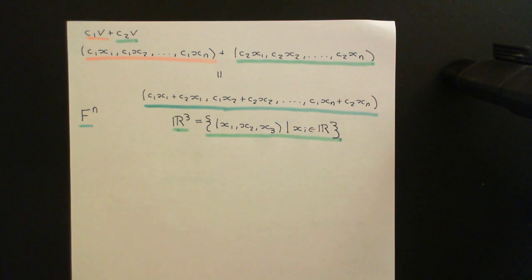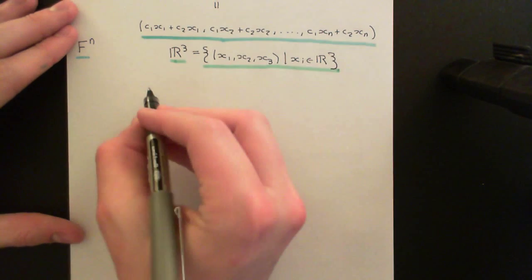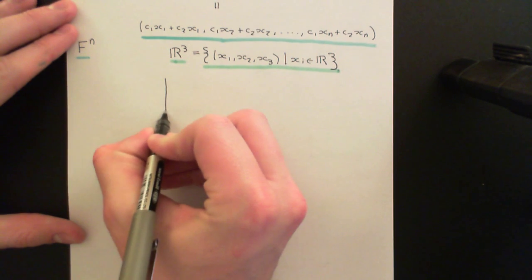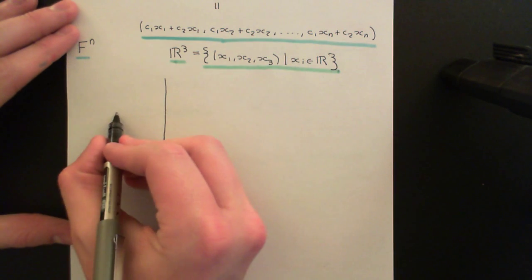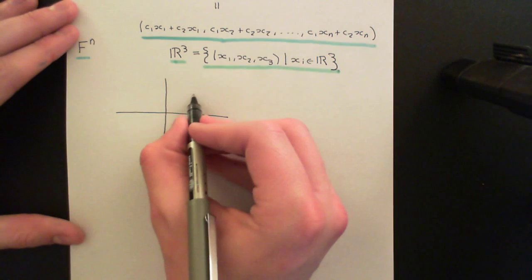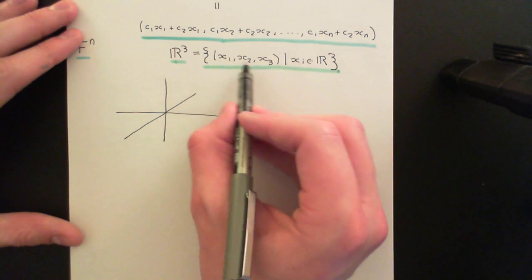Okay, so I just want to discuss that because we will make use of it in upcoming videos. The intuitive way that you can view this vector space is that you can view each one of these as being an arrow basically in three-dimensional space. Okay, so if I try and draw a three-dimensional grid here,